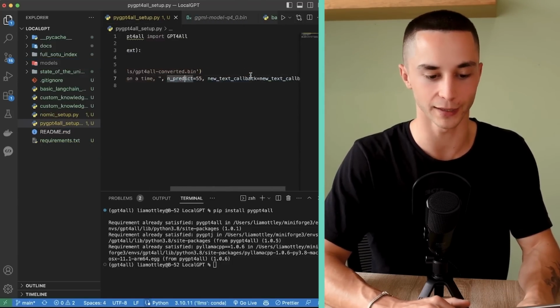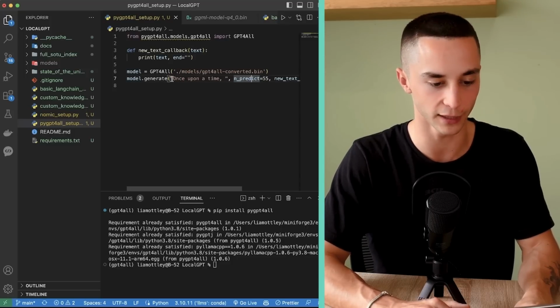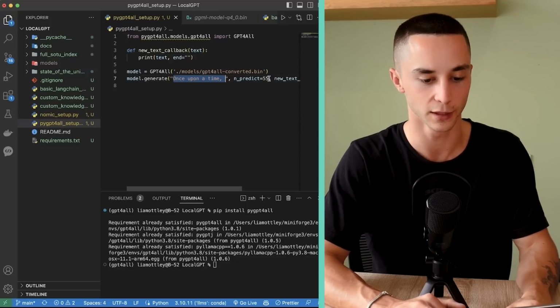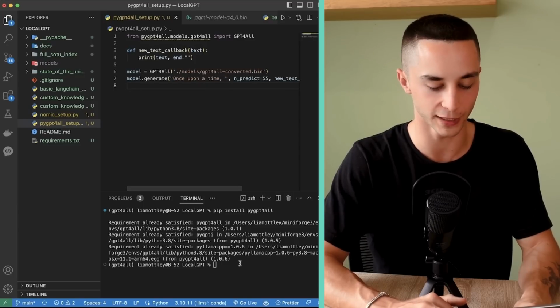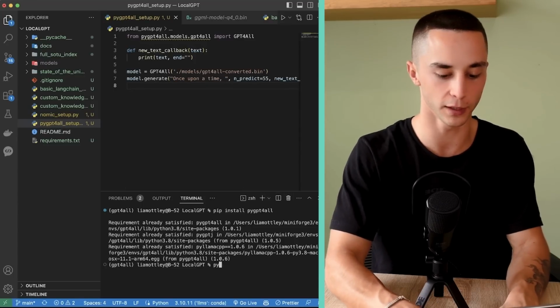And then you can come back and now we can check this code. Yep, it all looks good. Here we have the prompt that we're putting into the model. And then we can come back, save this, Command S, and then go Python 3